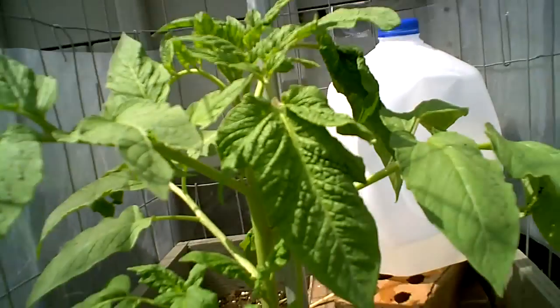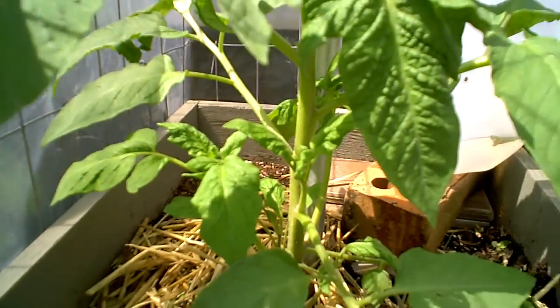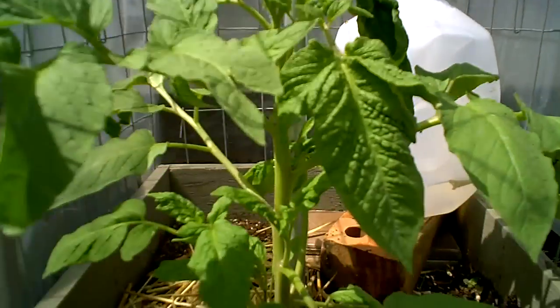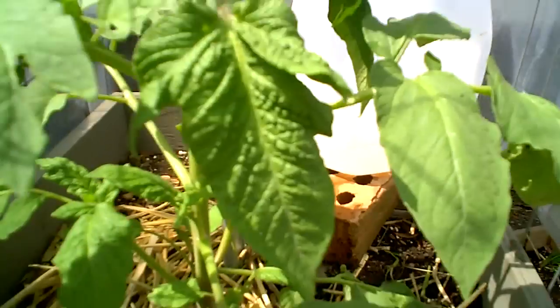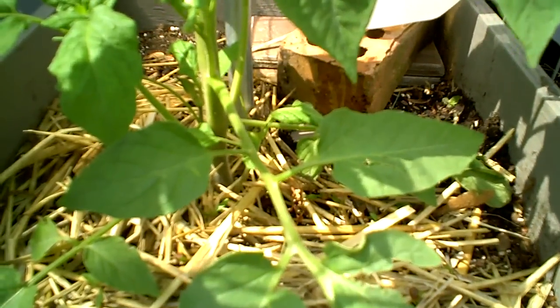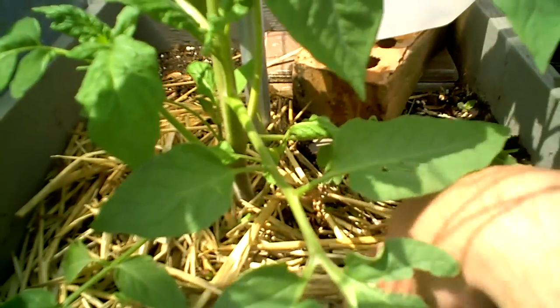Okay, as you can see, it's got stuff coming out every which way. Nice big thick stem. It's about 18 inches tall. First thing I will do is eliminate any branches that are hanging onto the soil, because all that is a